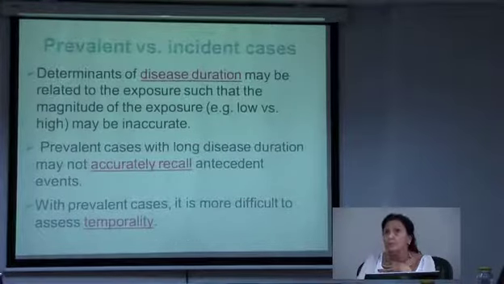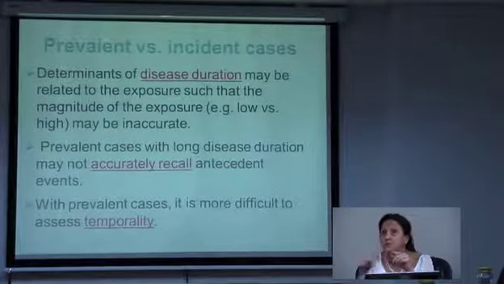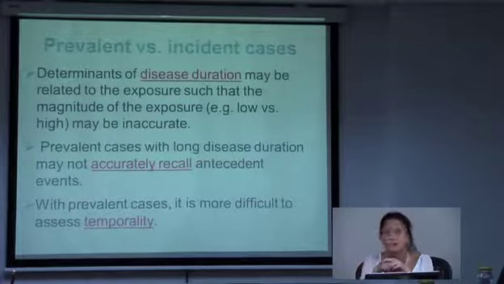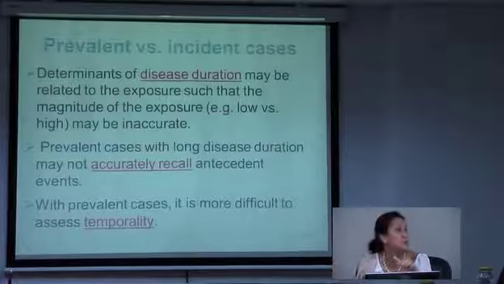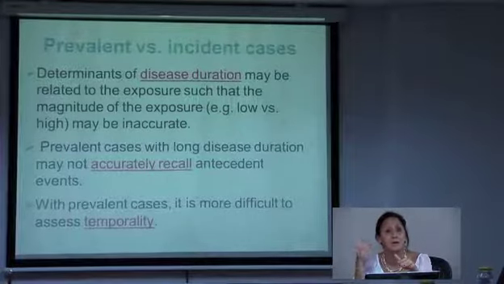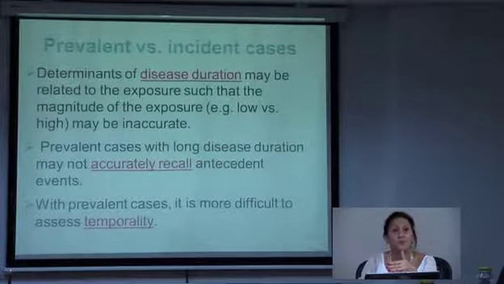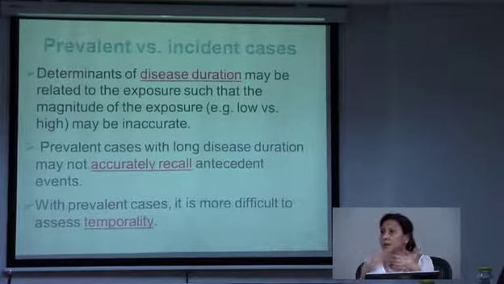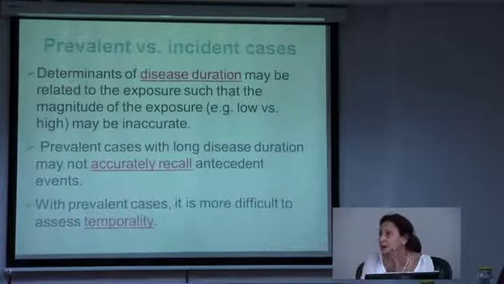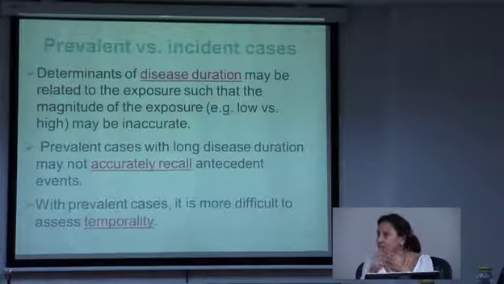So why prevalent versus incident cases? Because sometimes even the determinant of disease duration may be related to the exposure. If you're a light smoker, you might live longer with the disease, so you would be more likely to find prevalent cases with a low level of smoking. Those with a high level of smoking have already developed severe disease quickly, and you're not able to capture them. Second is to accurately record the antecedent event,